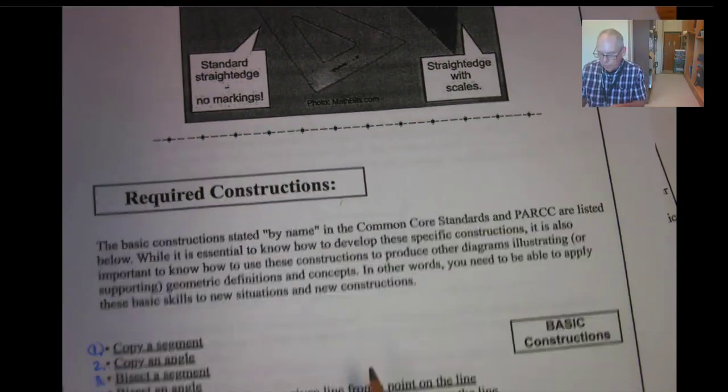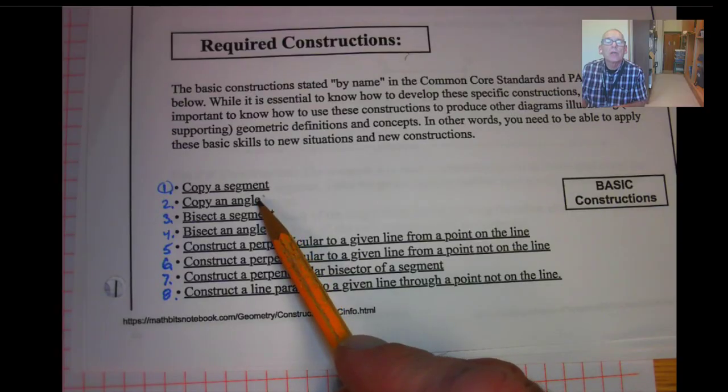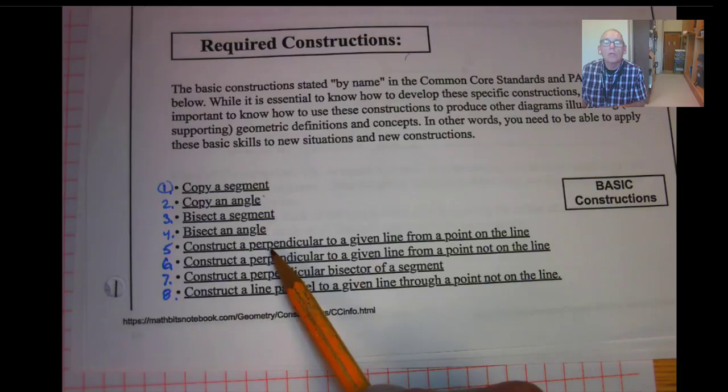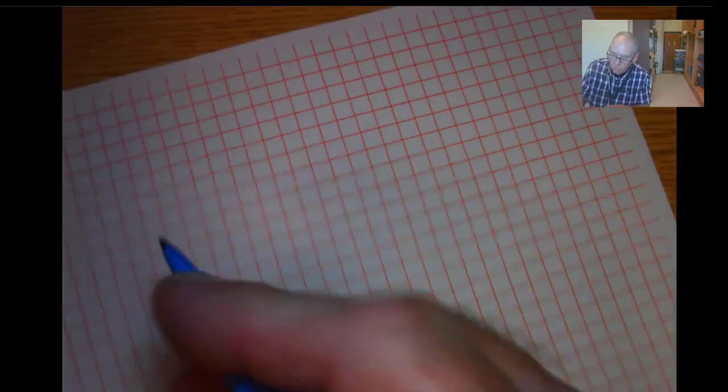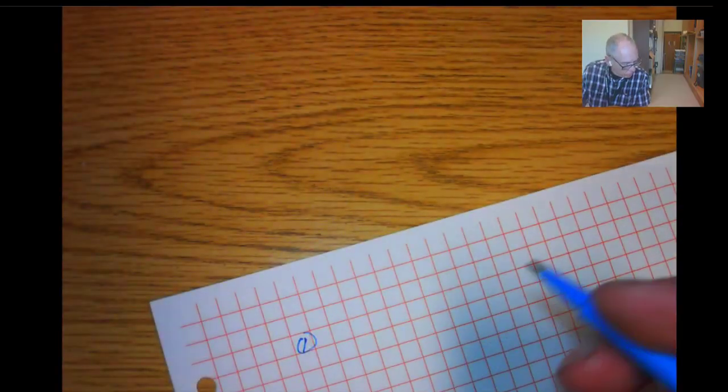So the constructions we're going to work on in this video, and we need to be able to do, are copying a segment, an angle, bisecting a segment and an angle, perpendiculars to a line from a point on the line and not on the line, perpendicular bisector of a segment, which is really like the midpoint idea, and then construct parallel lines. So if we look at construction 1,